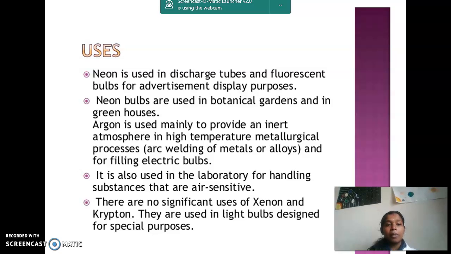So these are the properties of interhalogen compounds and their usage, and the group 18 family, its properties and usage. I hope you get the concept of p-block elements very well. You have to study the structure of each and every compound with its molecular formula, and the related link and notes are attached along with this video. Go through the link and download the notes.